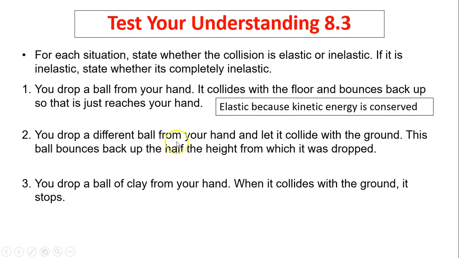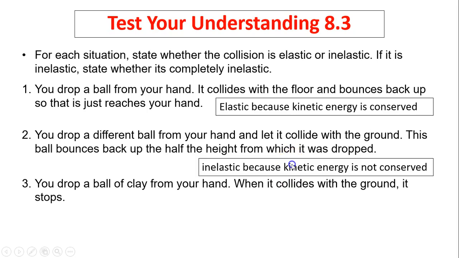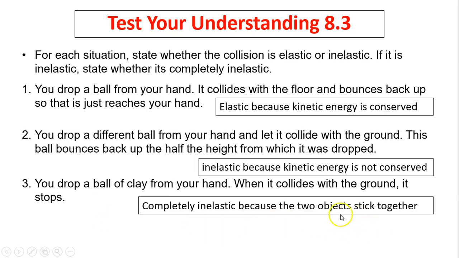Next one, you drop a different ball from your hand and let it collide with the ground. This ball bounces back up only half the height from where it was dropped. So potential energy is halved, so kinetic energy must be halved too. So it's inelastic because kinetic energy is not conserved. You lost kinetic energy. Third, you drop a ball of clay from your hand. When it collides with the ground, it stops. This is a case of a completely inelastic collision because the objects, in this case the clay and the earth,